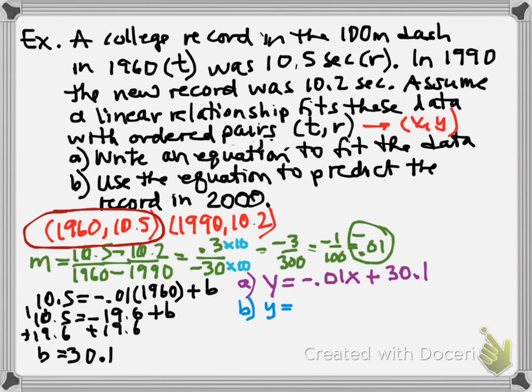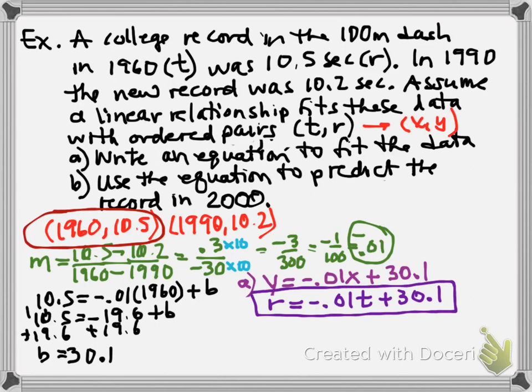Oh, by the way, I'm sorry, I didn't do that right. I should have my R and my T, exactly. So remember how we wrote our equation. T represents X, R represents Y. So we say R equals negative 0.01 T plus 30.1. So that's your actual answer